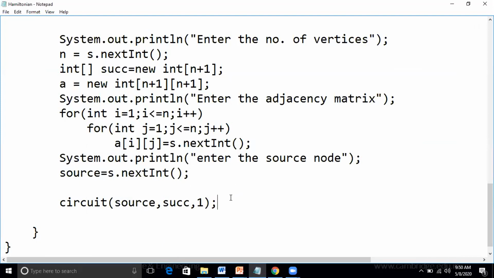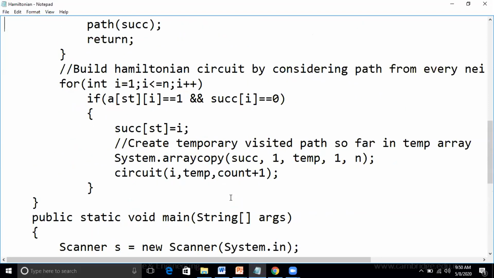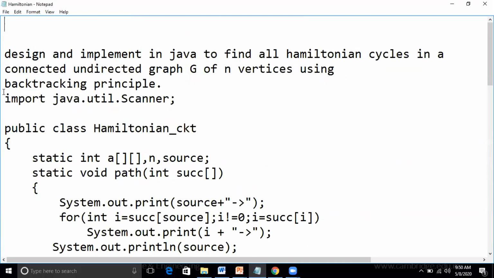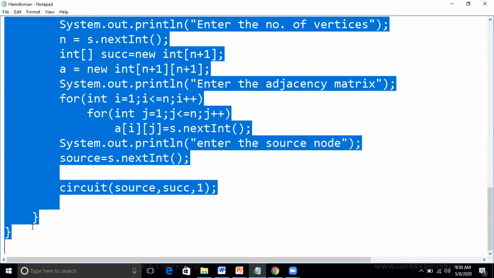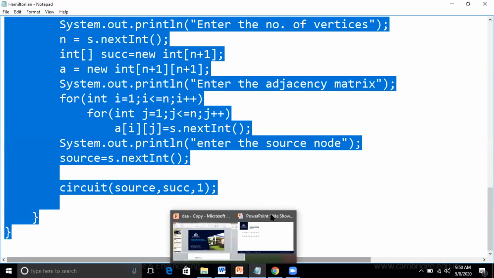Now I'll copy this and we'll run this program. Is it simple, students? Have you understood the code? Yeah.